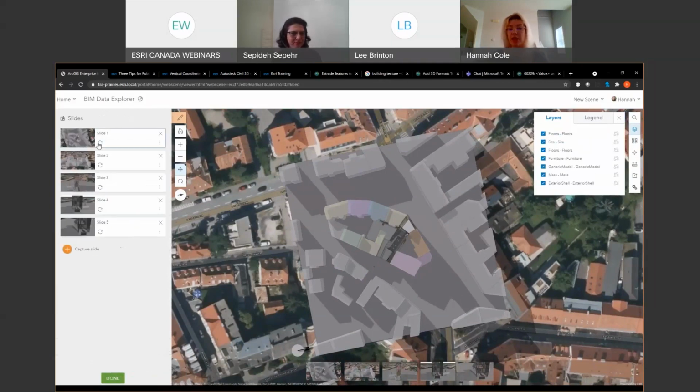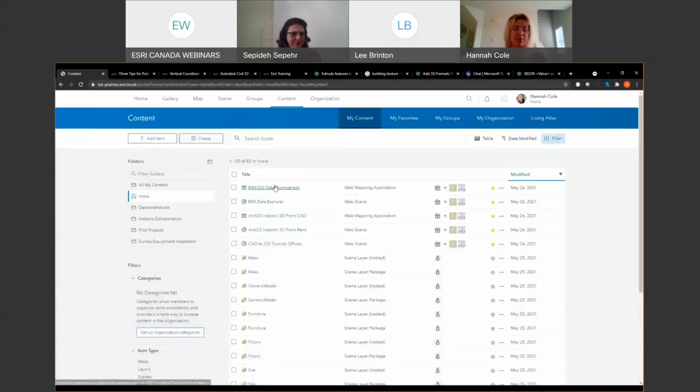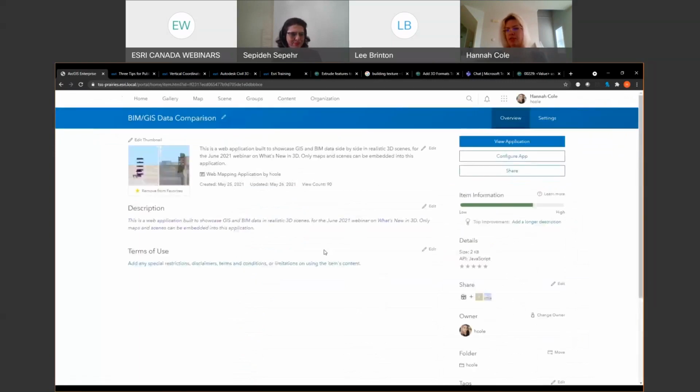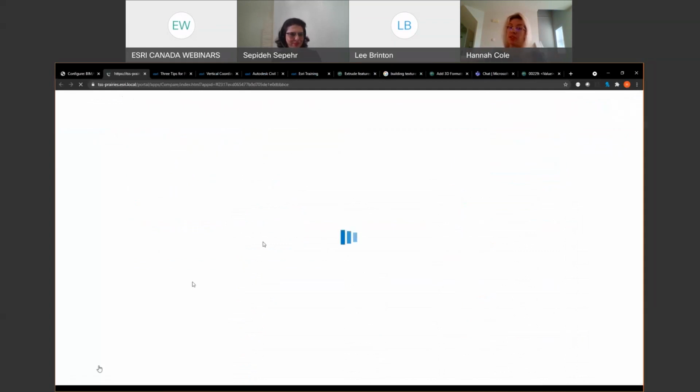And last but not least, and for a final touch, I've created a configurable web application that I really like. It's called the Comparison application. This app has been created for demo's sake so that we can really showcase BIM information right alongside GIS information